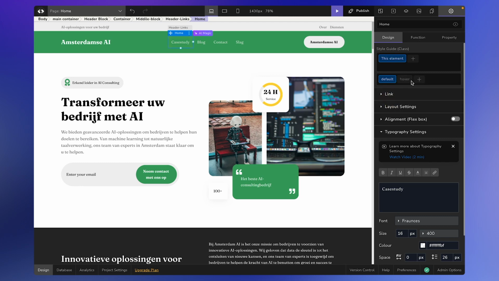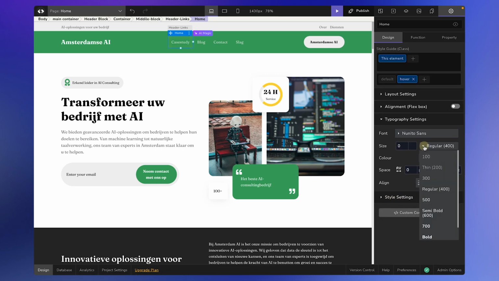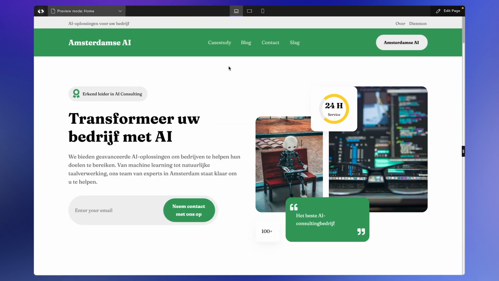Now make sure the hover option is selected as indicated by the blue outline. Any changes made here will be reflected when the user hovers over the element. You have various options available here, such as changing the font size or background color. Let's make a subtle change by increasing the font weight to make it bolder. Now, if you go to the preview, you will notice that when you hover over the element, the font weight